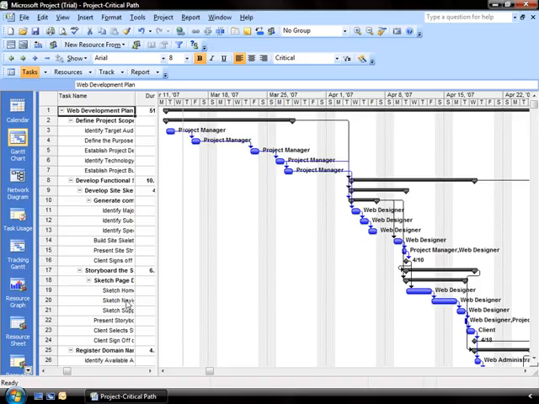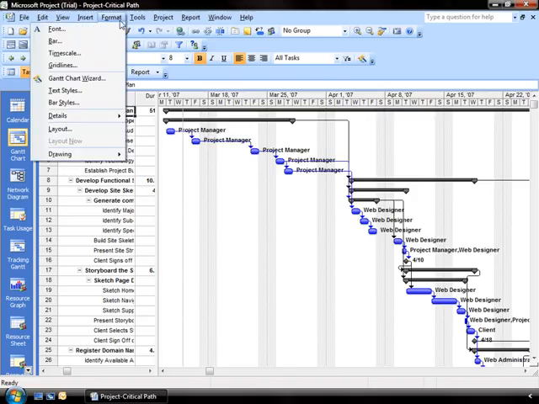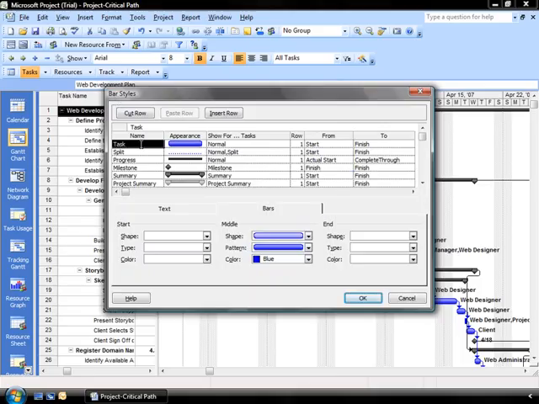For those of you that are more visual like me, another way to work with it is to identify the critical path by some formatting. You can do that by going up to your Format options, going down to Bar Styles, and selecting the task out of your bar styles. Before we even move on, I wanted to digress for just a moment to show you how you can change the shape and appearance of your bar charts. So you can select the shape,